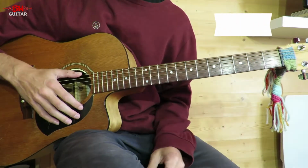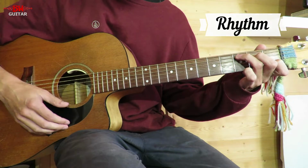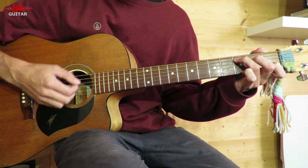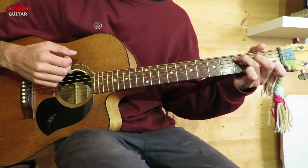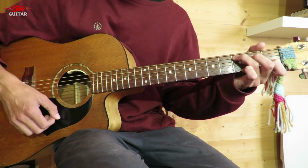Okay, so the basis of the rhythm is very simple, it's just very fast. So, if we take a C chord, we're going to go down, down, up, down, up, down, up. So 1, 2, and 3, and 4,